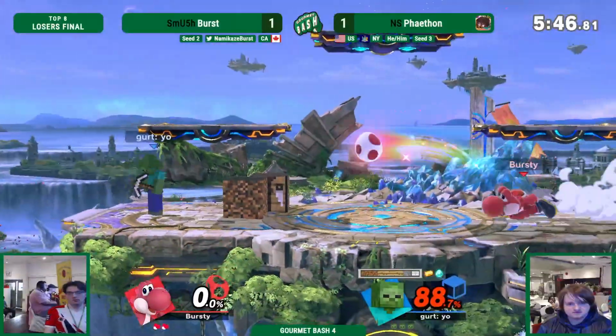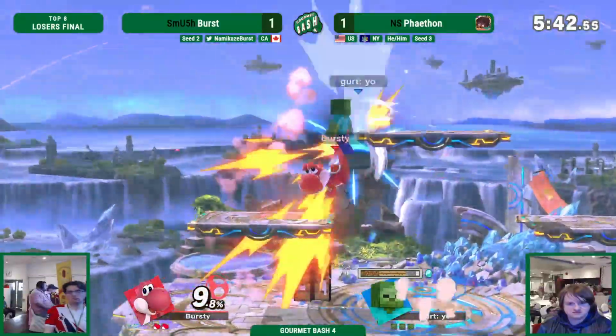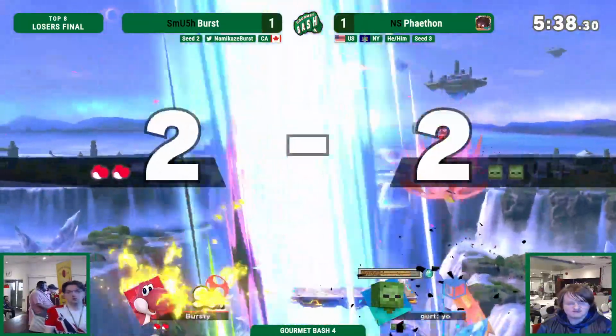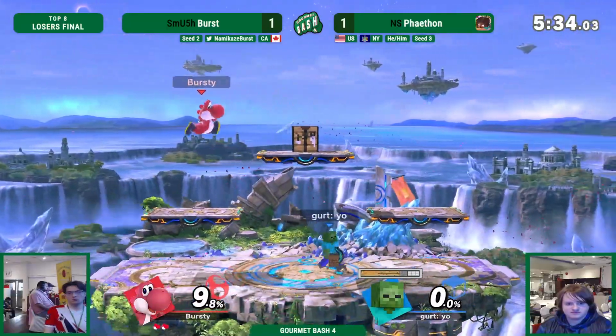The Diamond's still in the back pocket. Does Phaethon keep it for the next stock, or do we opt for it to keep yourself some good extra potency going forward here? Boom! Amazing anvil to avoid that egg toss. Yeah, riding the anvil down, but taking the Yoshi elevator right back up into the blast zone. Got Diamond online